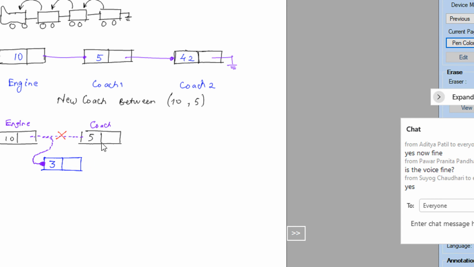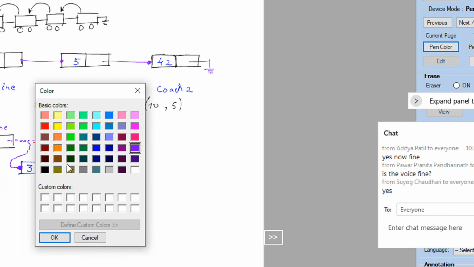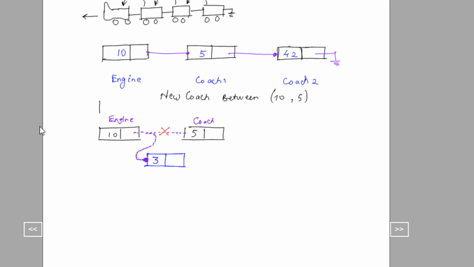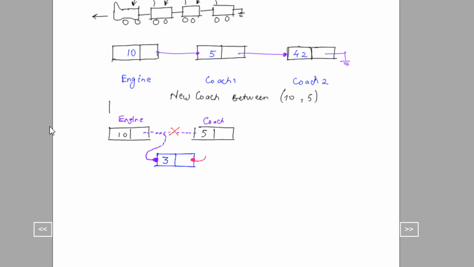And since each coach can be joined to the other coach, so what will I do? I will keep the link between this and this particular thing, right? So what I do, I just break the original link, right? I have a new coach here.